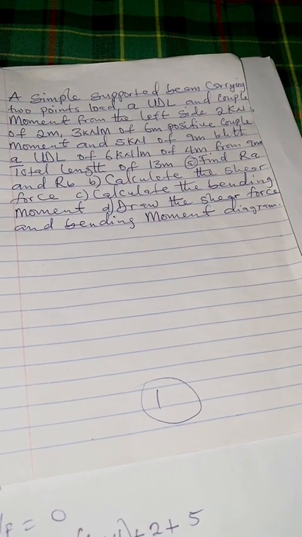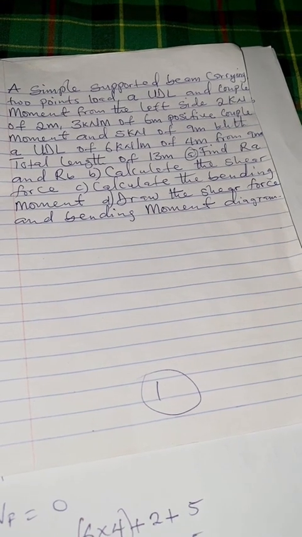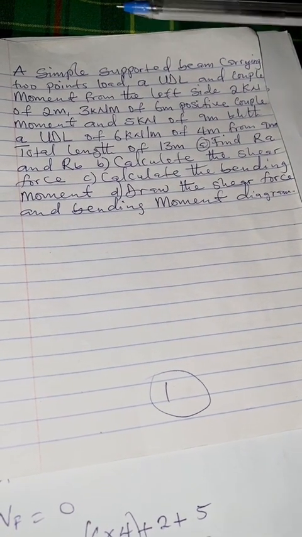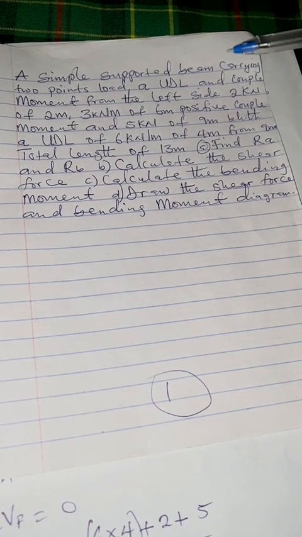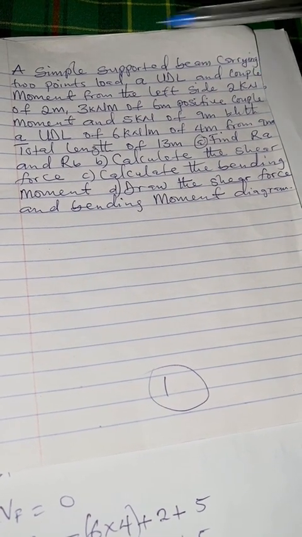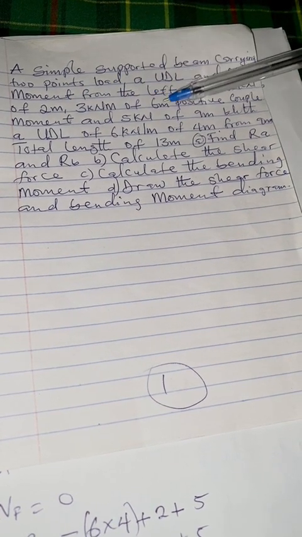Good afternoon, viewers. We'll be solving another beam that is going to be a little bit complex compared to the previous ones we have solved. This is the question. A simply supported beam carrying 2 point loads, a UDL, and a couple moment from the left side: 2 kilonewton at 2 meter, 3 kilonewton meter at 6 meter positive couple moment, and 5 kilonewton at 9 meter